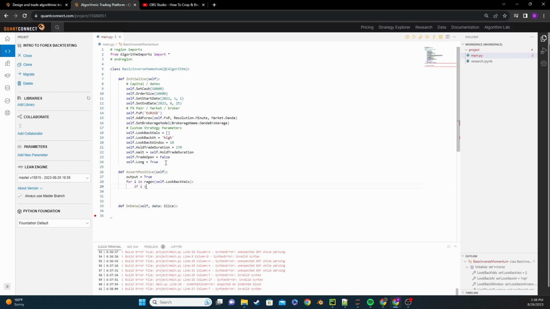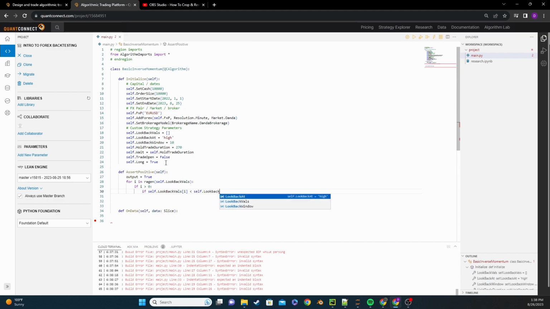If i is greater than 0, then what we're going to do is if our look_back_vals of i is less than the look_back_vals of i minus 1, then we're going to set the output to false. And then we're just going to return